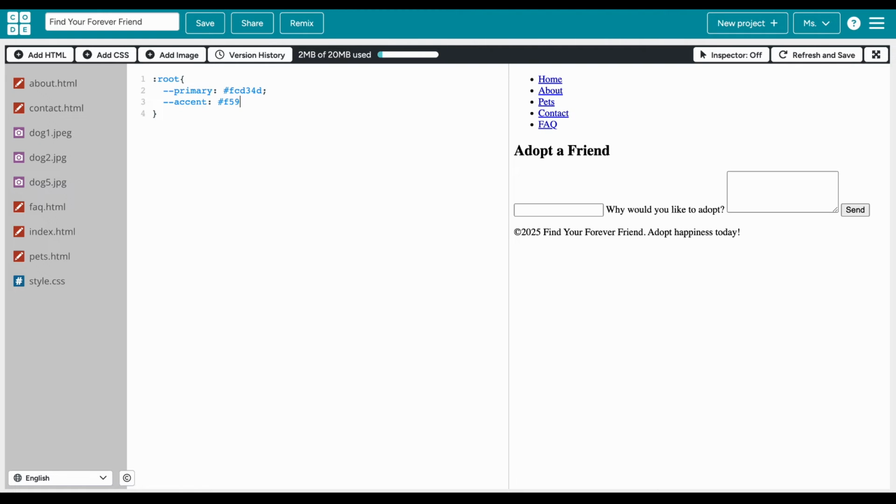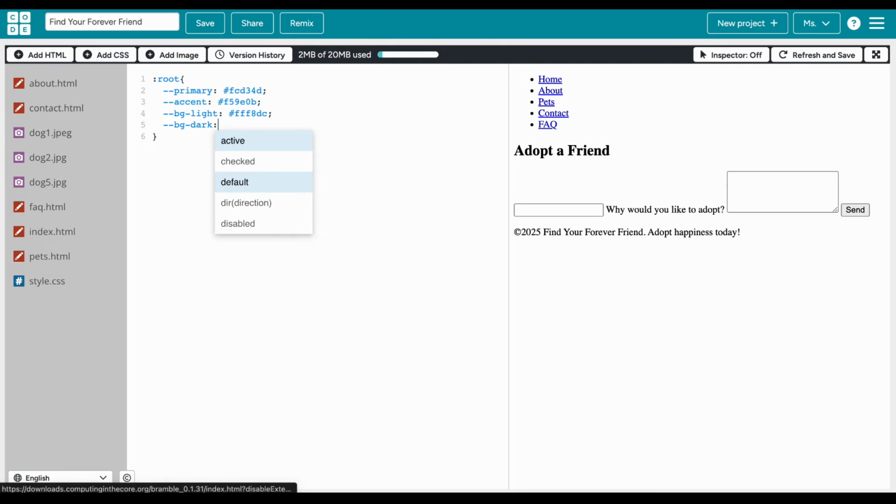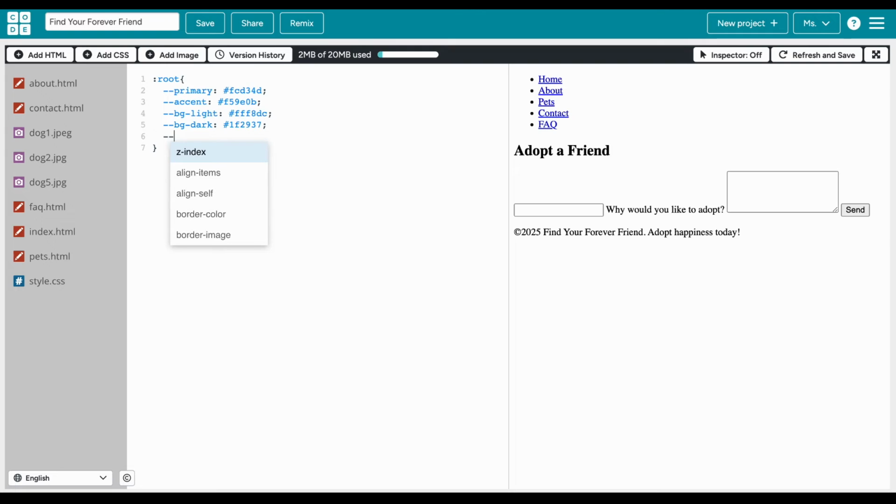and our accent color will be #F59E0B, semicolon, and then our background light color, --light, and the color will be #FFF8DC, semicolon, and then our background dark, colon, and the color will be #1F2937, semicolon, and then our text light, so --text-light, colon, and then the color will be #111827,